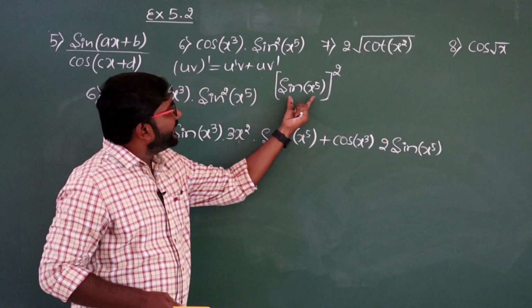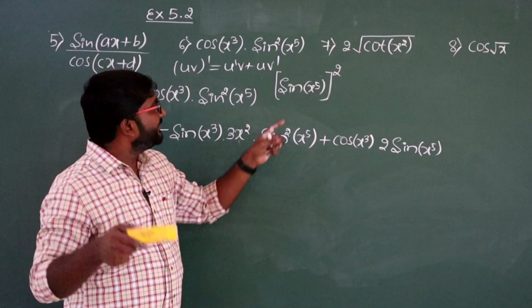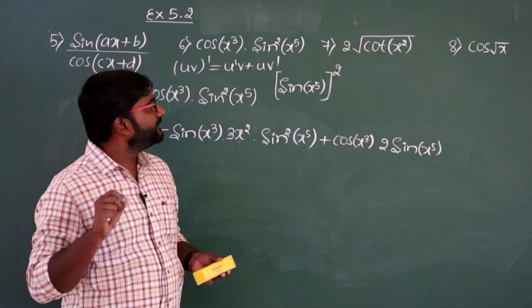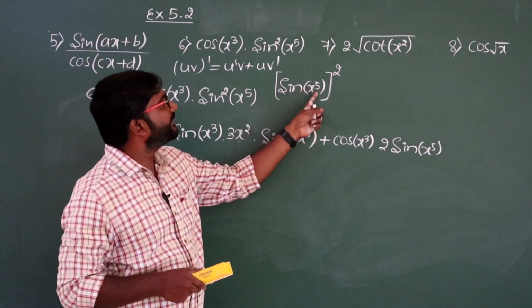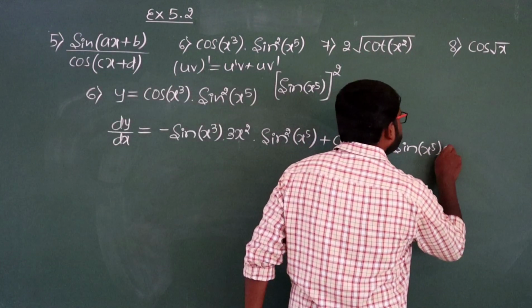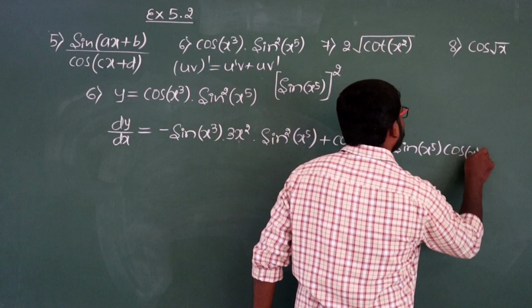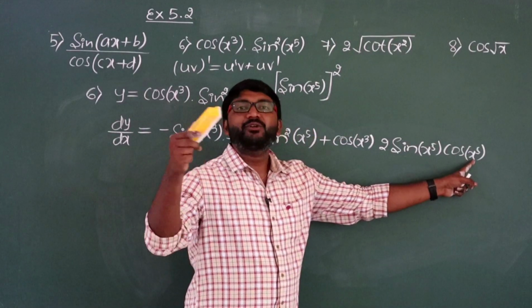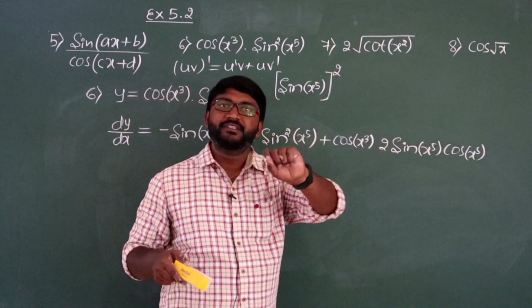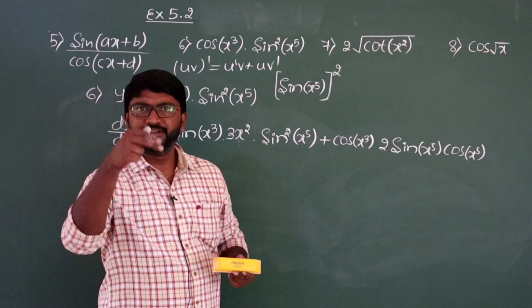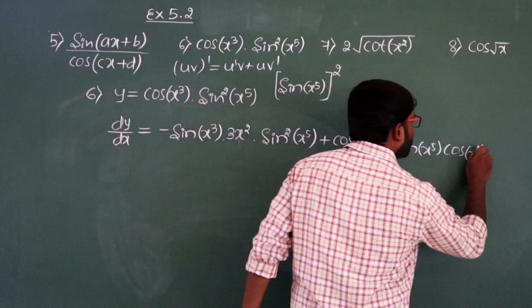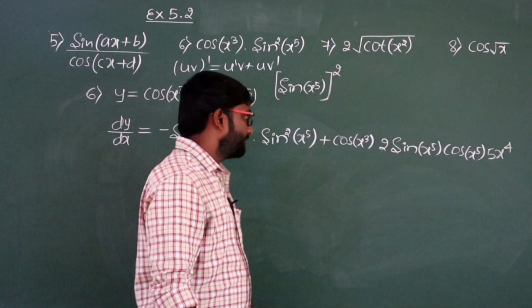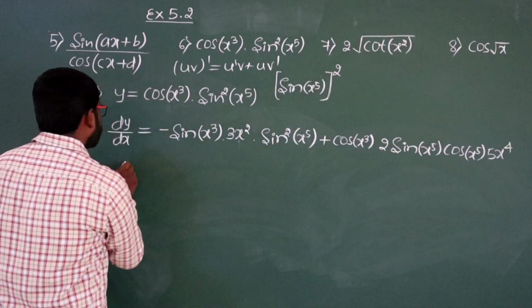So now the derivative of this inside function, because we are treating this as x and differentiated, now we have to differentiate the inside function once again. Derivative of sine of x to the power 5 will be cos of x to the power 5, and then derivative of x to the power 5 will be 5 into x to the power 4. Function inside a function means everything in the bracket must be differentiated as we go. Then simplify this further now.